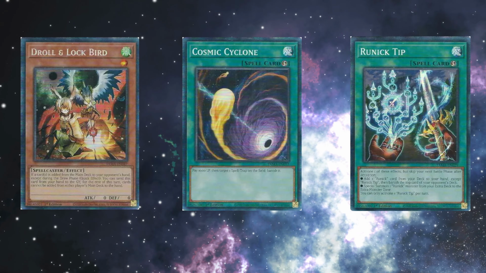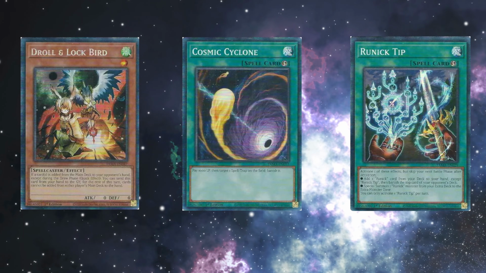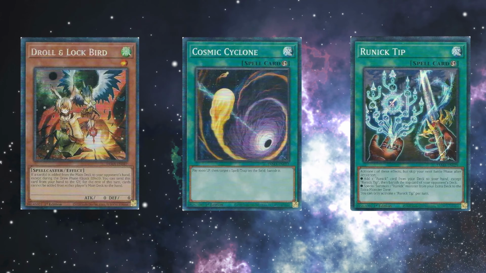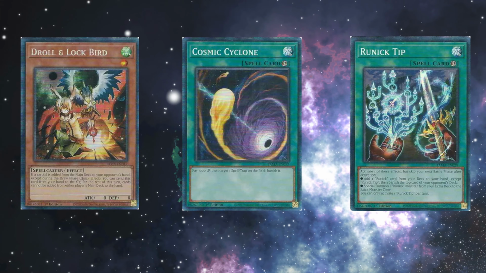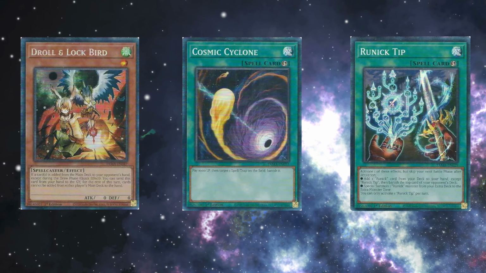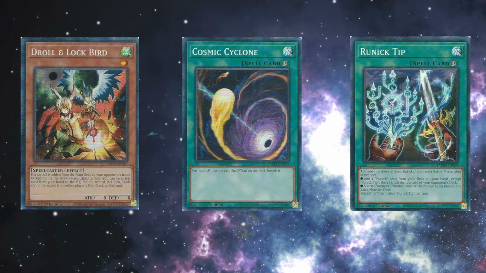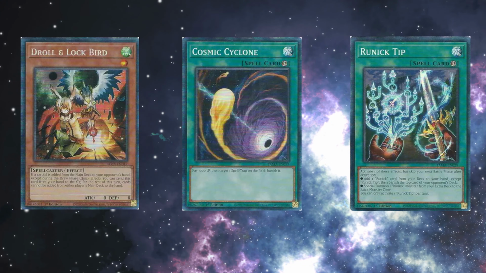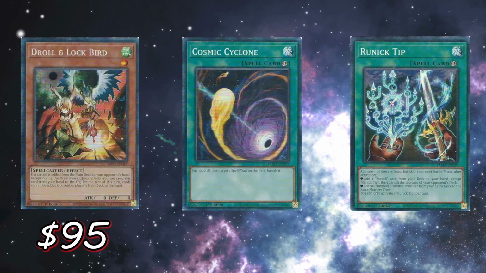The Collector Rare Droll and Lock does look really nice, and in my opinion looks better than the Ultimate Rare, which I find to be just so... It doesn't pop, it doesn't really have any flair to it. I'm not a huge fan of the Ultimate. I liked the Ultra a lot before this, but the Collector Rare definitely does look really nice, and it's obviously hard to tell by a screenshot picture, but it does have a really nice look to it. Right now it's around $95 on average for Droll and Lockbird,